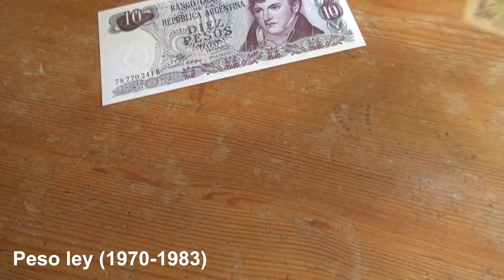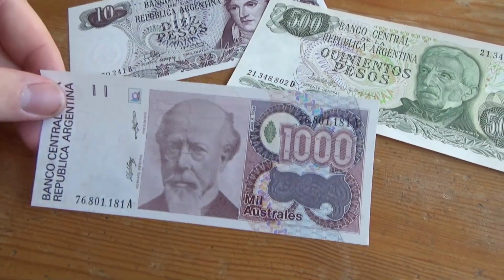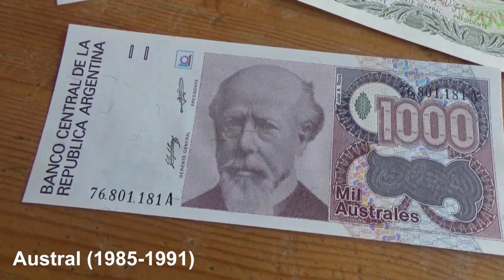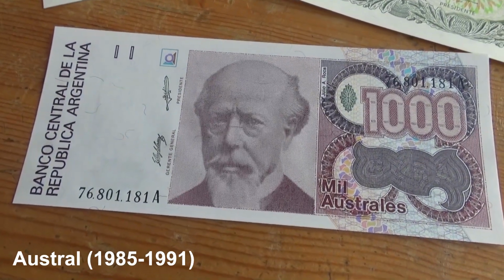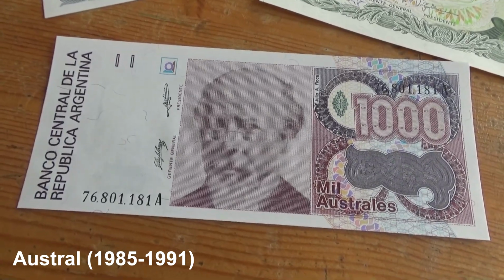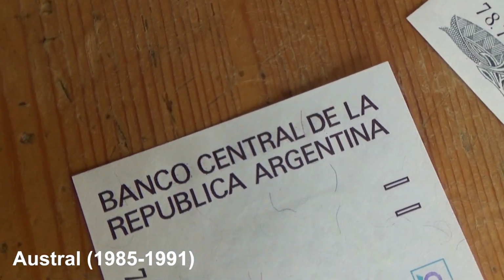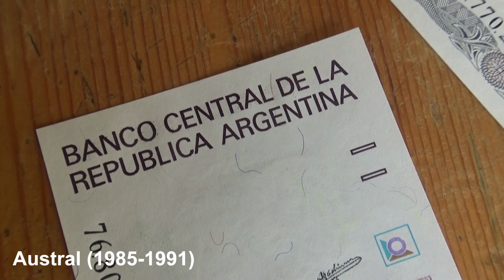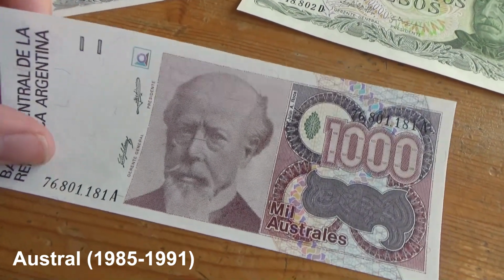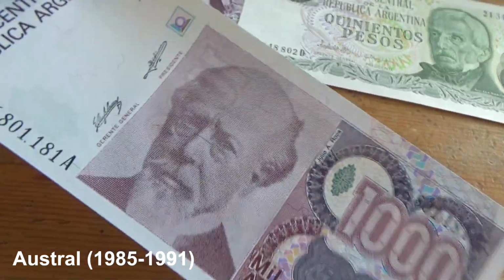So, moving on from the 500 banknote. Argentina got a new currency. Well, they got several new currencies. But this one was the Australes. 1000 Australes. Which was the currency of Argentina from 1985 to 1991. You can see here that it's the Banco Central de la República Argentina. Also we can see that